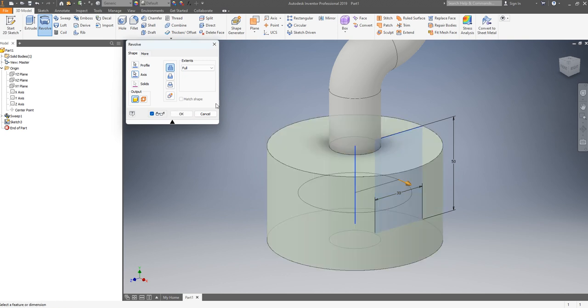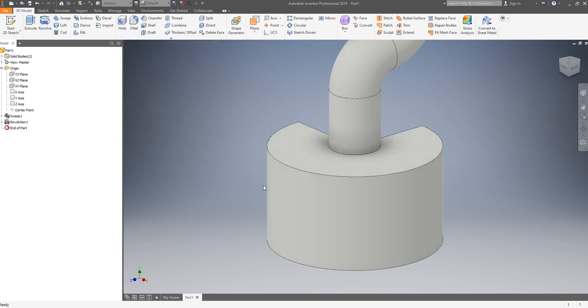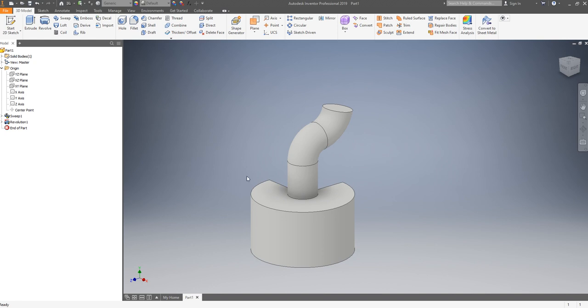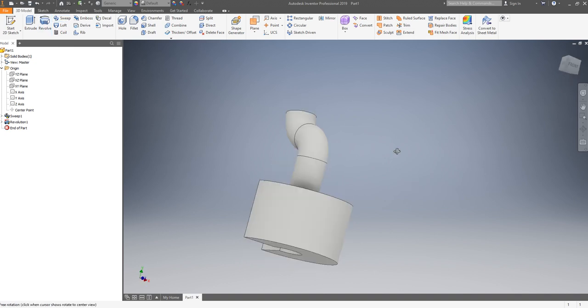Boom. Wow. Actually, you can put angle. Let's put some angles at 270. Great. Nice. All right. So simple part is generated by using sweep and revolve functions.